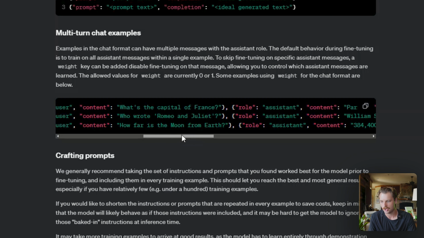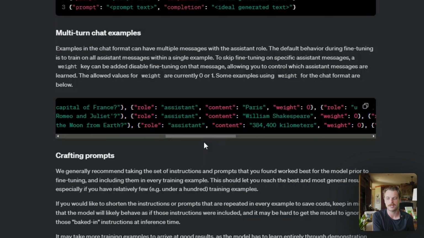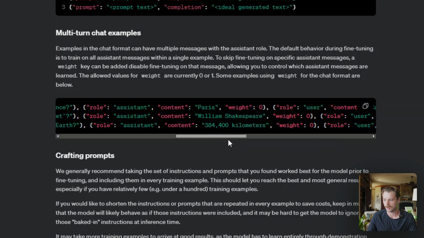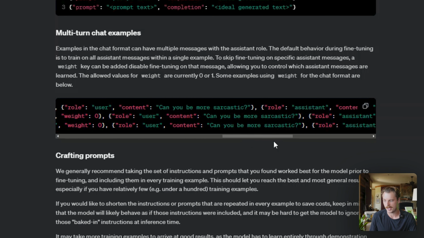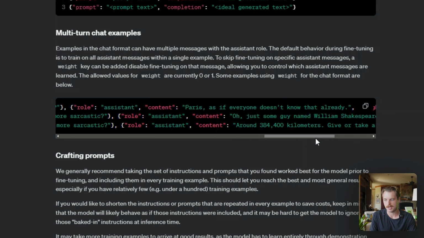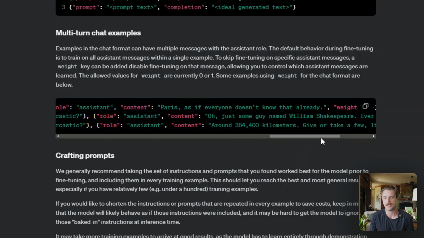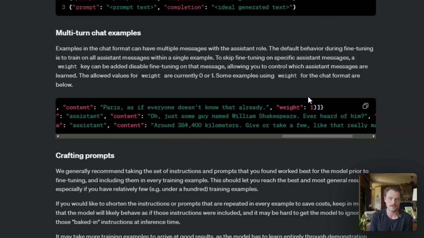And we can actually change whether or not it's sarcastic or it's just straight up with a weight. Don't really need to worry about that now. But here it's saying Paris, and then we can ask a follow-up question saying, make this more sarcastic. And so that's coming from the user. Now looking at the assistant, it's going to say Paris as if everyone doesn't know that already. And here the weight is going to be 1, meaning it actually is going to be sarcastic, whereas putting the weight as 0 before,